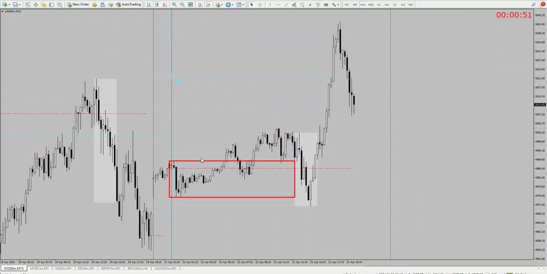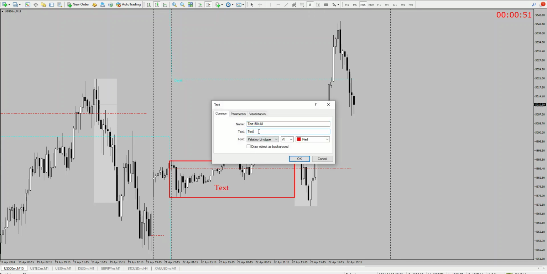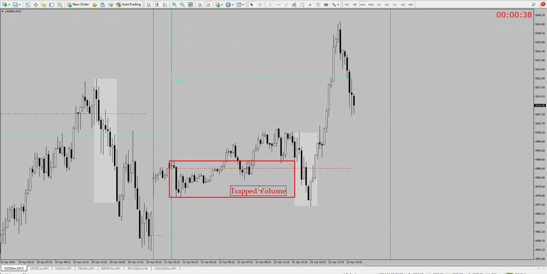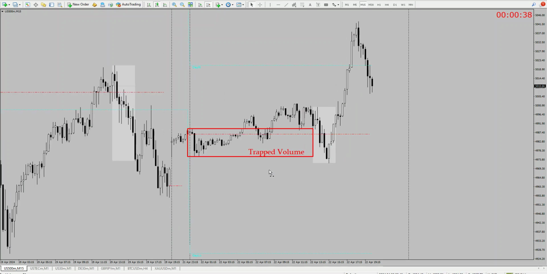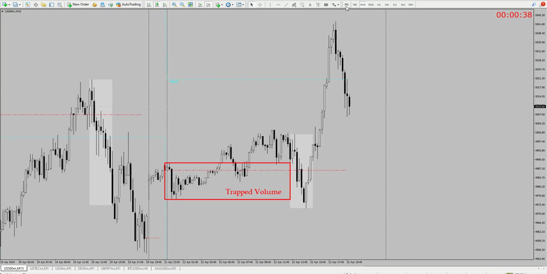Okay, so look at this. These guys over here are trapped. People going down are trapped when the equity opens, and I'm doing this obviously 5 to 10 minutes before the session opens. I will just mark this as trap volume. Since this is trap volume, we are gonna jump to a 1 minute time